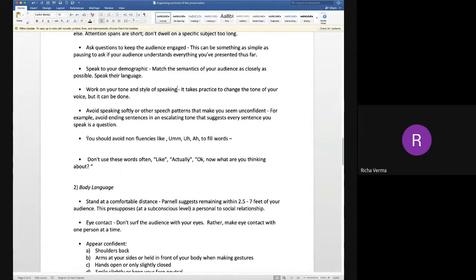Okay? You should avoid non-fluencies. What are non-fluencies? Sometimes when we are speaking, we use some kind of sound which automatically comes from your mouth if you do not have a good command over the language. इस तरह की आवाजें निकलती हैं अगर आपके पास लैंग्वेज का कमांड नहीं है. If you have a good command over the language, then you will not have these types of sounds to fill in. Okay, because the sentence will come automatically and you will not be trying to find or think about it in your mind.